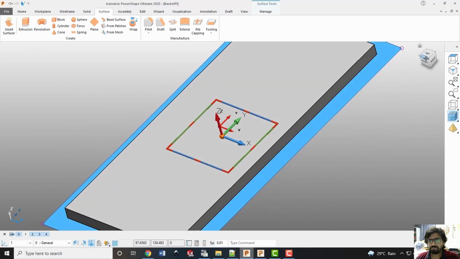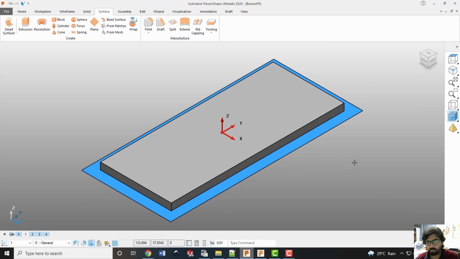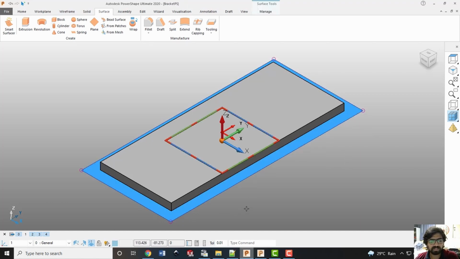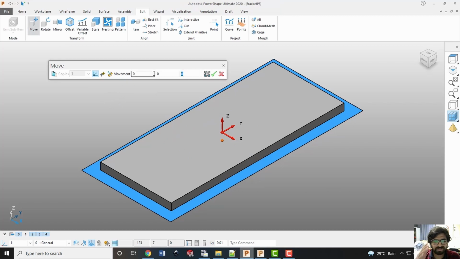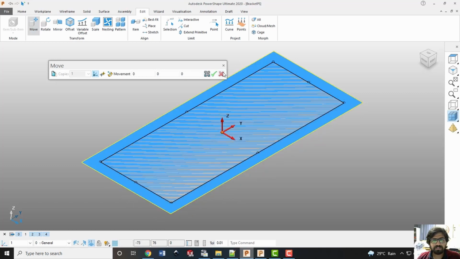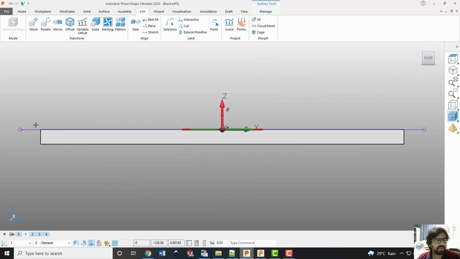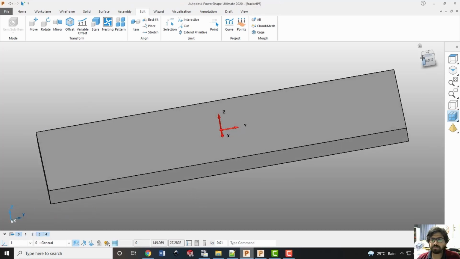Now I'll observe where the plane position is. It is quite low because we don't really want to build this substrate. We just want to build the object. So we will move this slicing plane above. For that again we'll do the same thing. I have clicked on the plane, go to edit, go to the option move and move it in plus Z direction by 10 mm. As I said this, you can see the plane has been transferred to the top of the substrate. Now I will transfer this plane into another level, level number 2, and it has been stored in level 2.